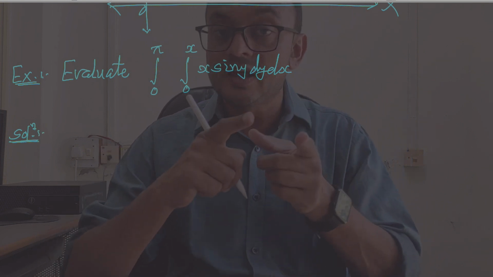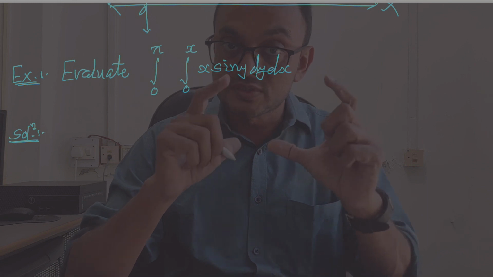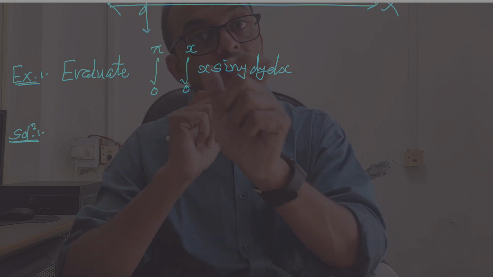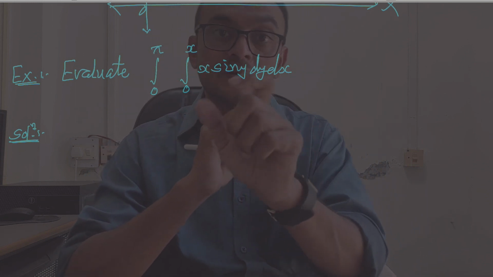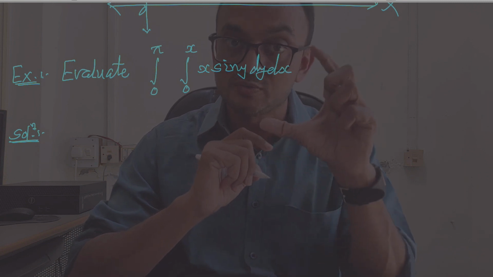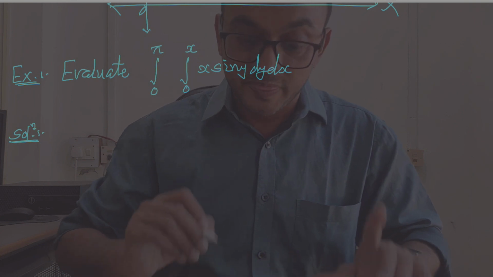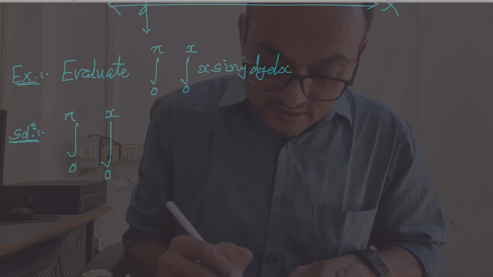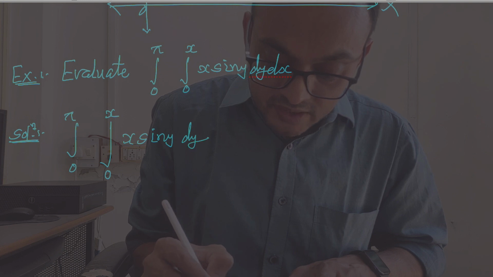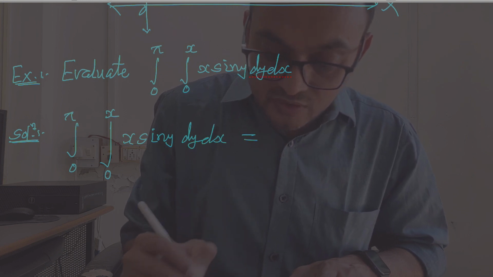What we have seen in the last video, both the limits were constant, so we were concentrating on dy and dx, or dx dy. We find the corresponding limit of x, limit of y, and then we integrate. Here 0 to pi, 0 to x sine y dy dx, which is equal to,